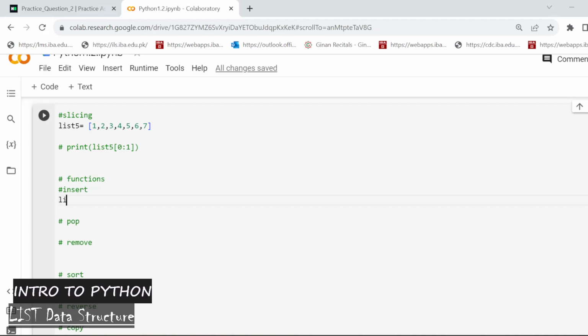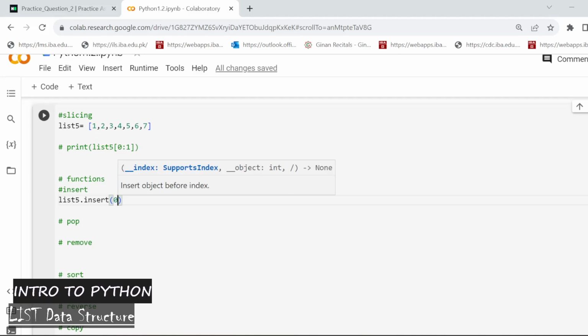So I can always write list 5, which is the name of the list, and I'll write dot, and I will write insert. So basically insert is used if we want to insert any element in the list at a particular index. If I want to insert any element of my choice at my choice of index,